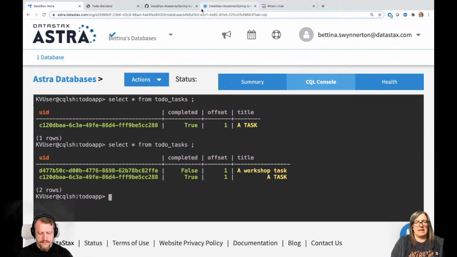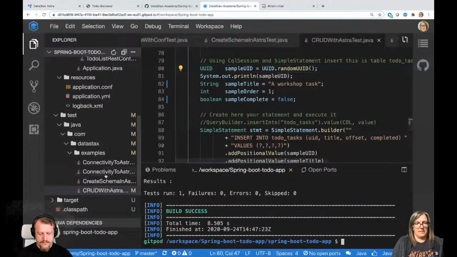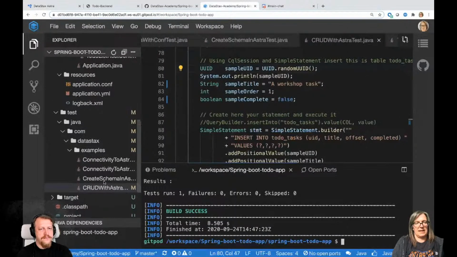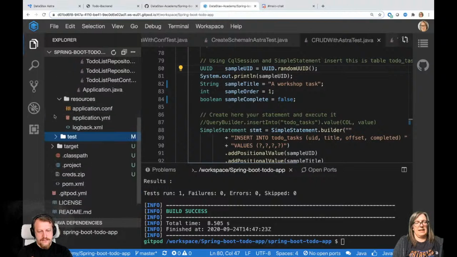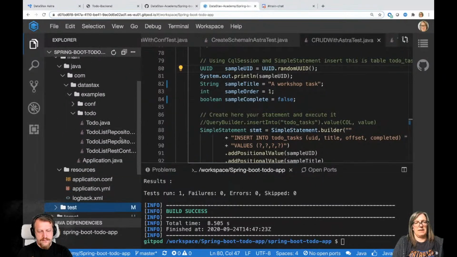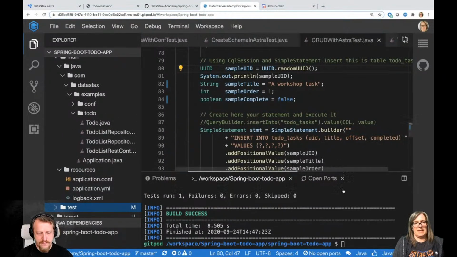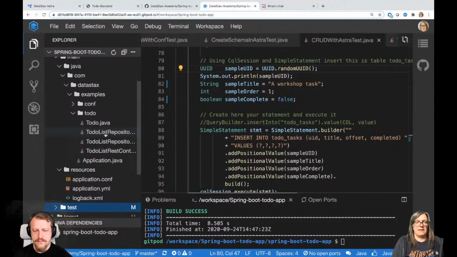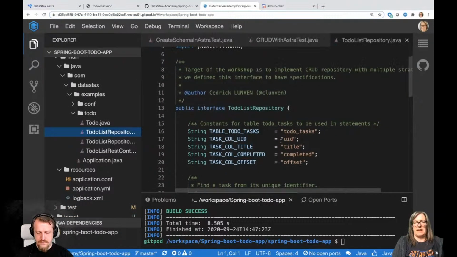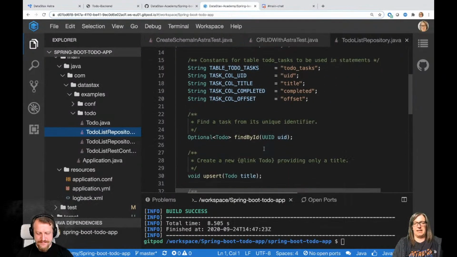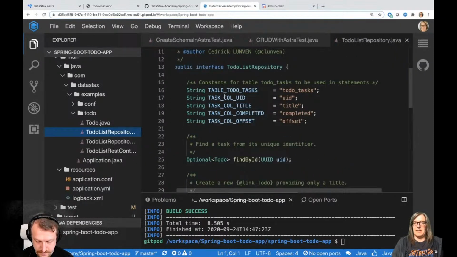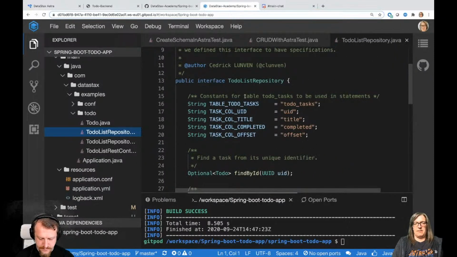So instead of going back to the presentation, I'll just show you here what we would be doing next. Now we've run all the tests, right? Everything is fine. And now we actually want to have a quick look at our full application here. We have our to-do list repository, which is this kind of contract that we sign with the application. This is what we will be using, and this is what we will be providing. Here is a description, basically, of the entity.